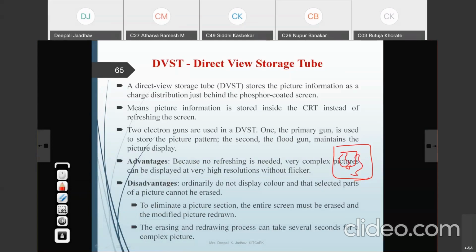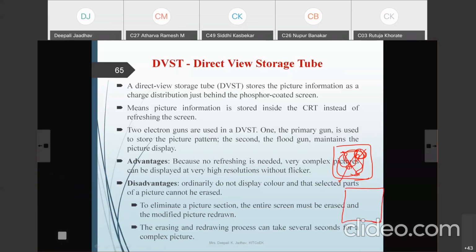I want to erase only that part. It is not possible to erase the particular section. For that, the entire screen must be erased and modified. The modified picture needs to be redrawn.